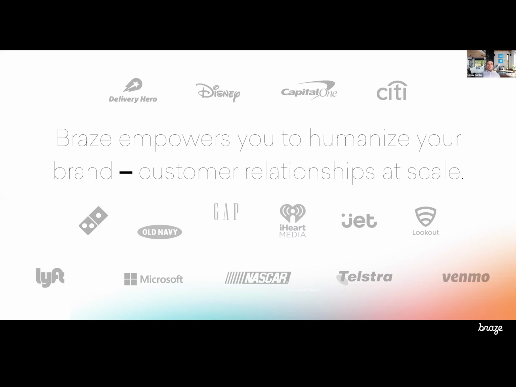So anytime you receive a Lyft email, that comes from Braze. Anytime your Domino's pizza is on the way and you get that personal experience, Braze powers a lot of that infrastructure, in addition to a lot of other brands here.